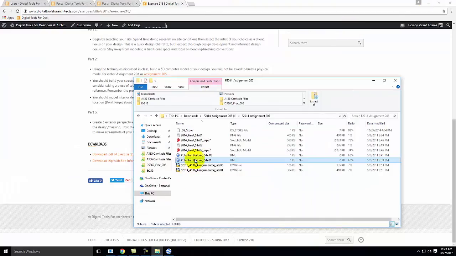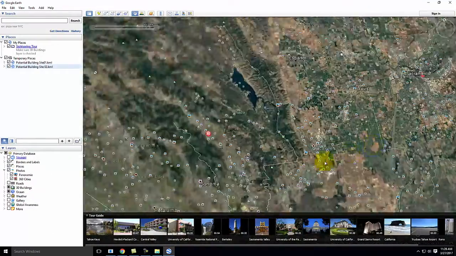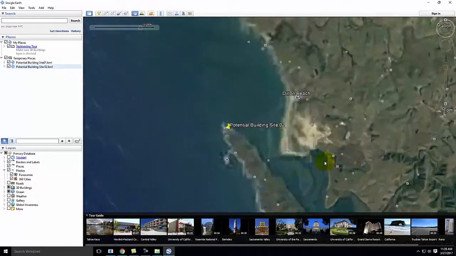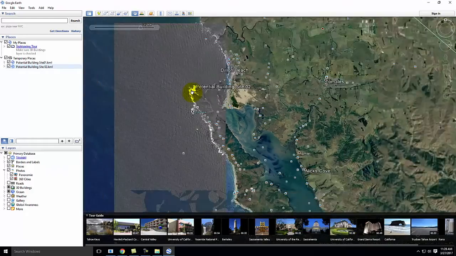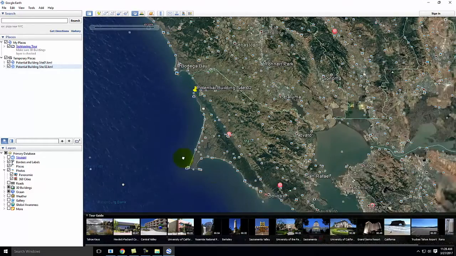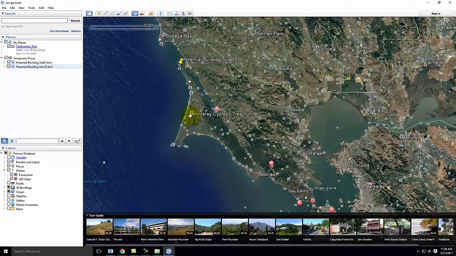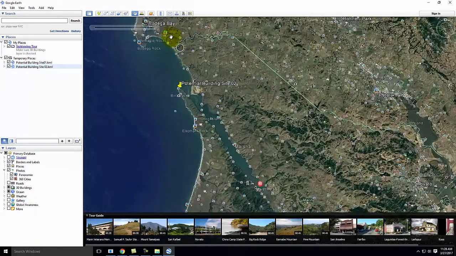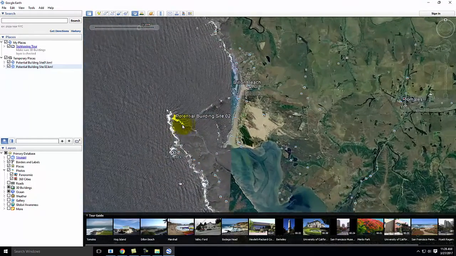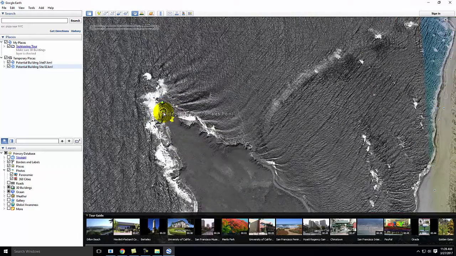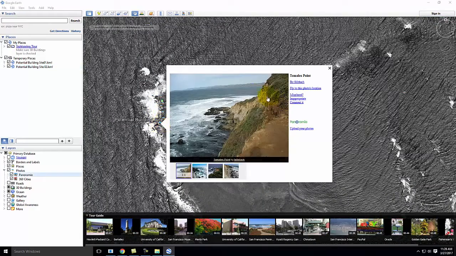As promised, the second site is on the California coast. So we'll jump across the state and we'll drop in right here at the tip of Point Reyes. Point Reyes is typically what you're looking at out over here, but we're going to pick way up here by Bodega Bay at this little point. This is Tomales Bay in here, if you've been to the coast before. And we're picking a site, let's see if I can get one of the photos,